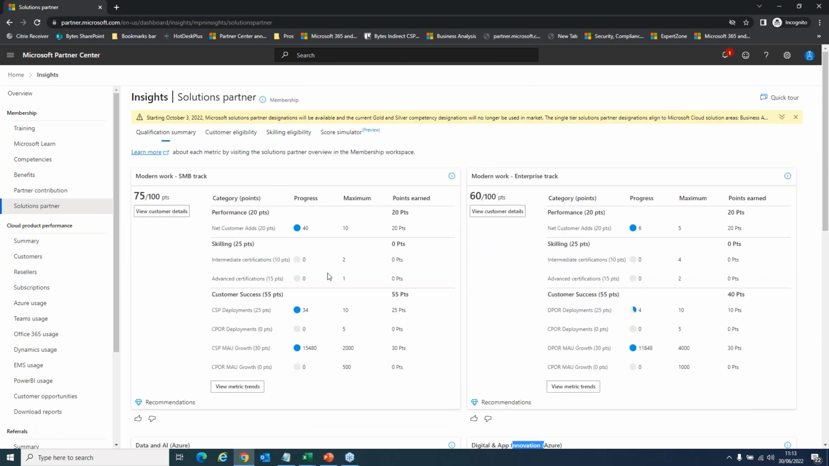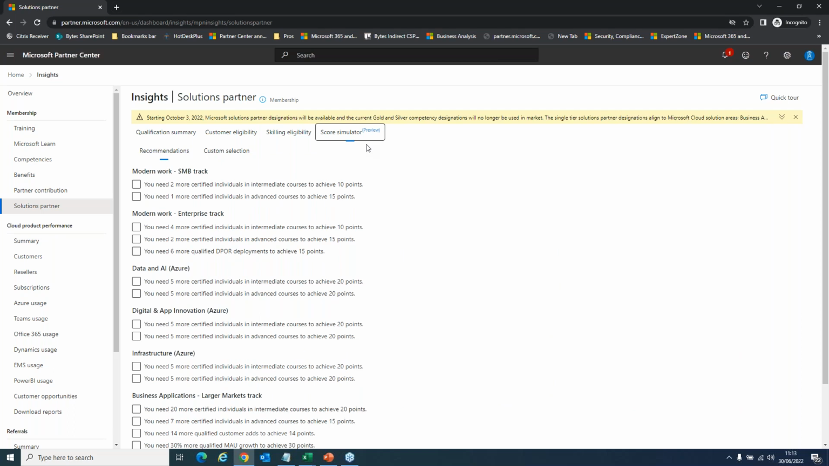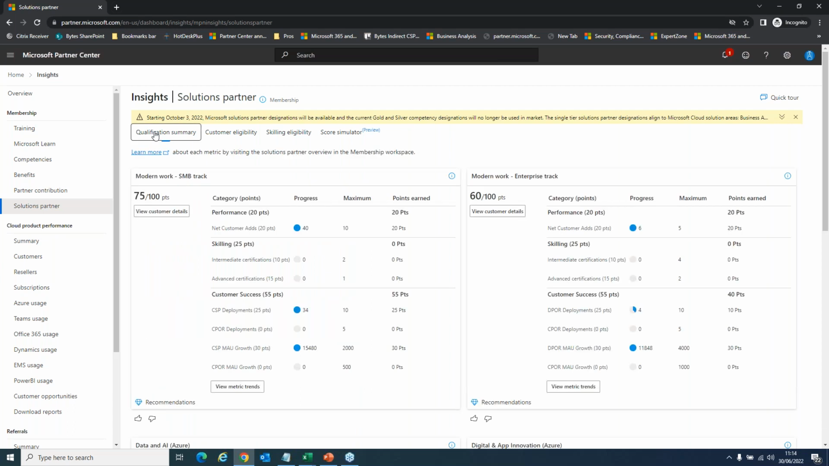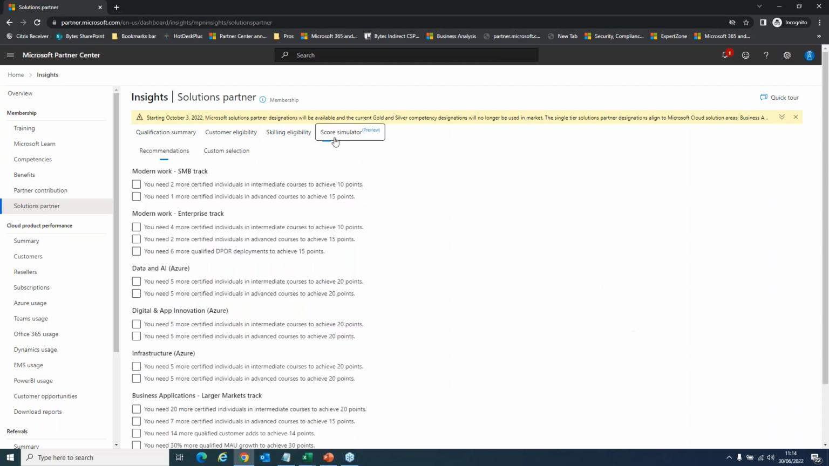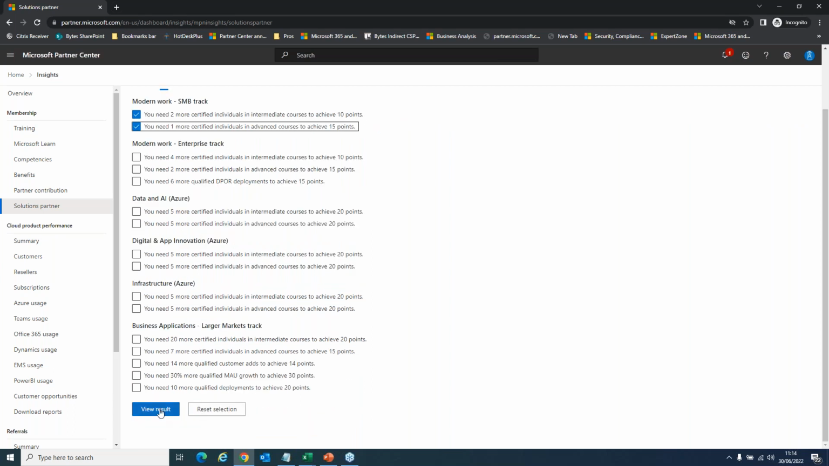You can use the new score simulator. It doesn't add too much in my opinion, but it picks up the recommendations. So for modern work, we've already identified that we need an individual to pass an advanced exam, and we need 2 people to pass intermediate exams, as shown on this screen with our 2 and 1 respectively. We can probably add it up and work out what 25 extra points gives us. But if we use the score simulator, we can tick what we're going to get our staff to do, and then click view the result,